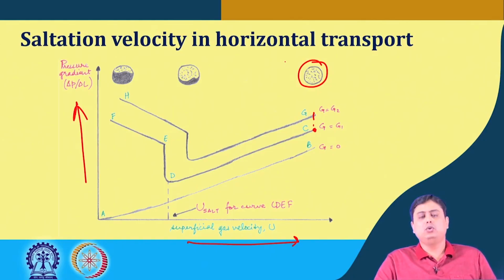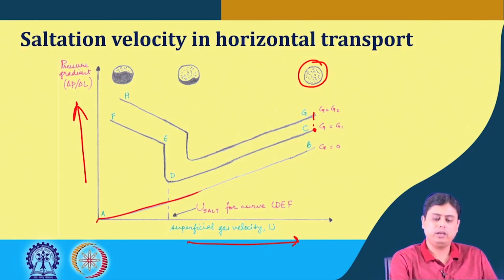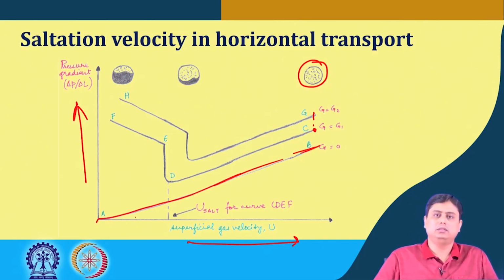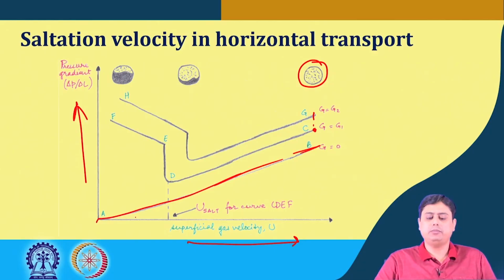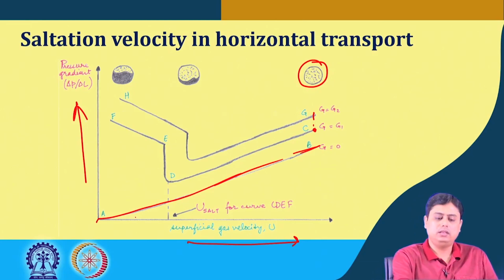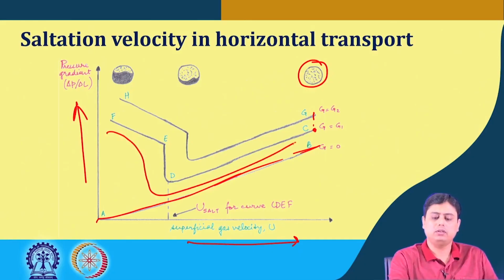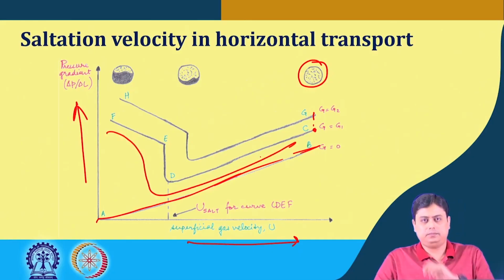Now if there are no particles in the pipe, it would give this kind of result: the superficial velocity and the pressure drop line. But once the solid particles are introduced into the system, or it is conveying the solid particles, this kind of graph would result,